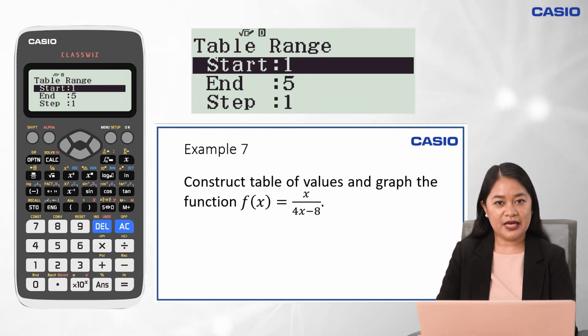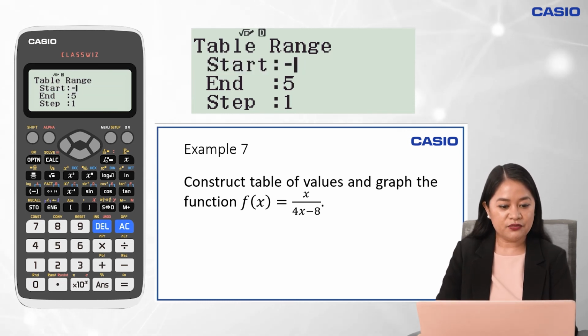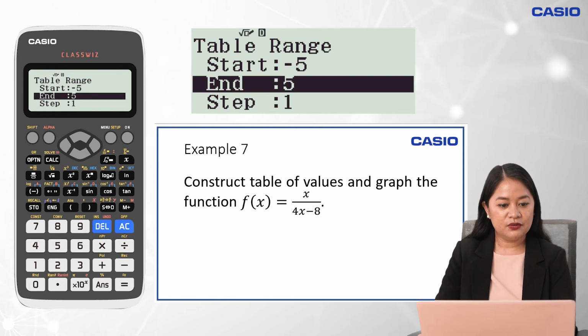Assign values for x by completing the table range. Let's say from negative 5 to positive 5. Then we press the Equal button to input each value. That is negative 5 equals 5